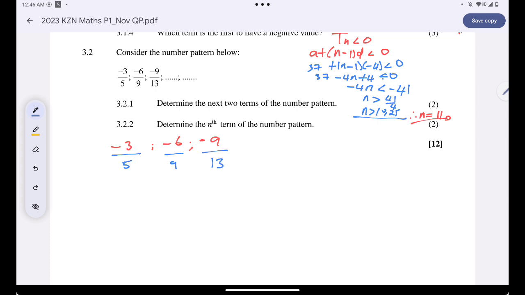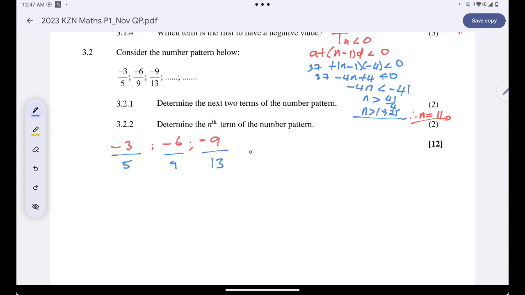Guys, why am I saying it's deliberate? Because if you check this type of number pattern, the numerators form their own arithmetic sequence or linear number pattern, and the denominators have their own linear number pattern. Are we together? So for me to find the next two terms,